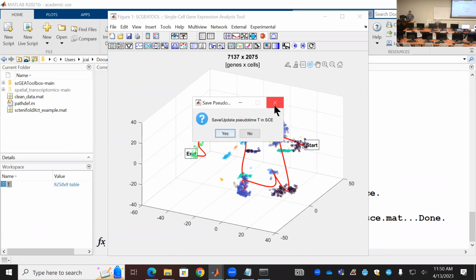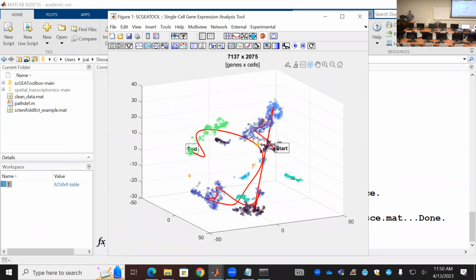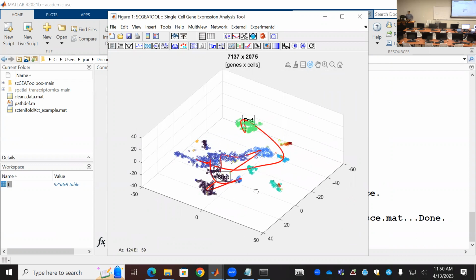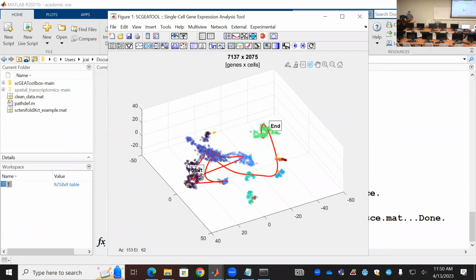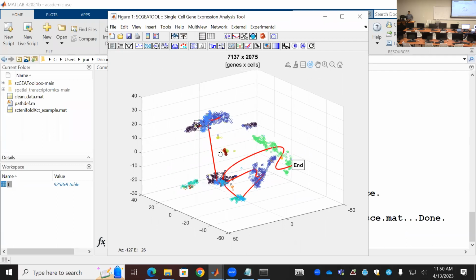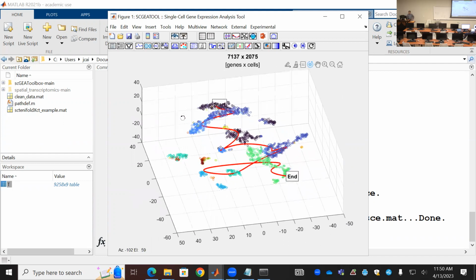In here you get a curve. This curve goes through all the cells. So the purpose of this is to try to label each cell a pseudotime value. It doesn't apply to this case because we have different cell types. So how do you jump from one cell type to another? In which situation can you use this? We can, for example,